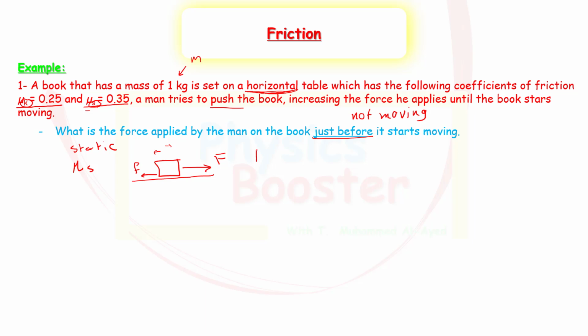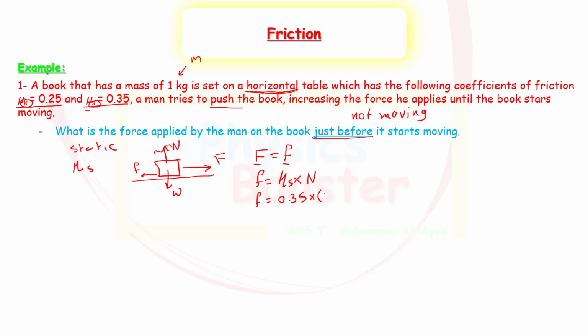I can simply say that the force the man is applying must be equal to the friction force because he's not moving the object. We can say that the friction is simply equal to mu s in our state because it's a static coefficient of friction multiplied by the normal force. Okay, what is the normal force? Since the object is on a horizontal surface, we can say that the weight is pointing this way, and the normal force will be equal to the weight because it's a horizontal surface. Now, friction will be simply equal to 0.35 multiplied by the normal force, which is the weight,